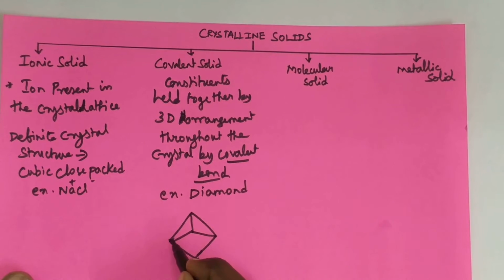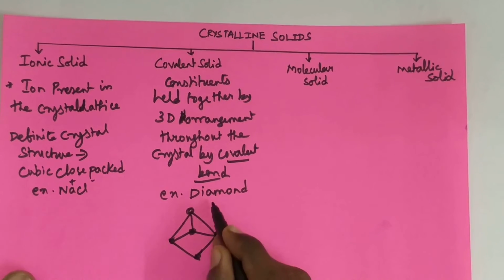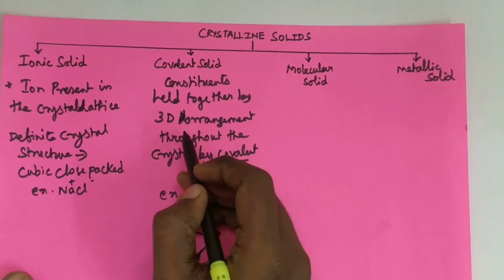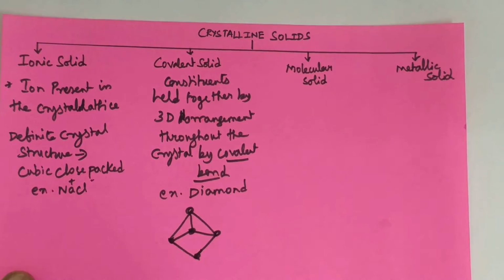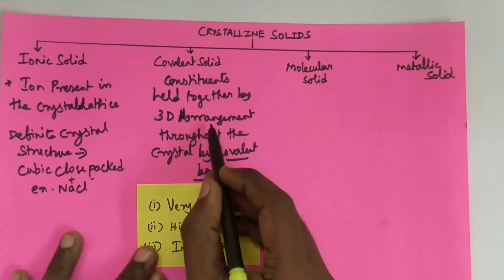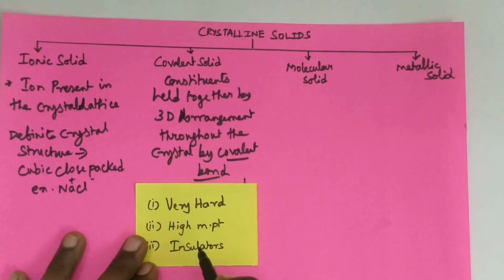So this one you already studied in 10th standard. It is a three-dimensional arrangement of an allotrope of carbon, diamond. In this covalent solid, constituents are held together in a 3D arrangement throughout the crystal by covalent bonds. So what are all the characteristics? Suppose they ask the characteristics, they are very hard because they are held together in a three-dimensional arrangement, and it has